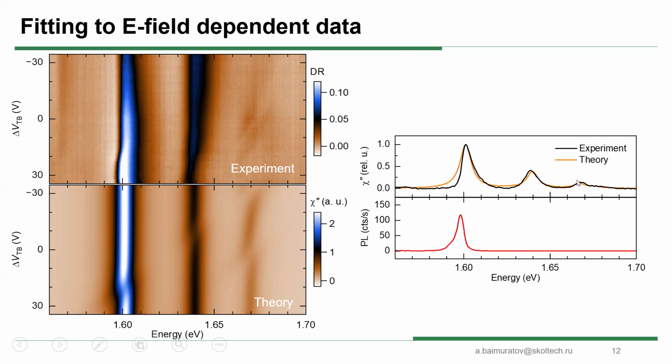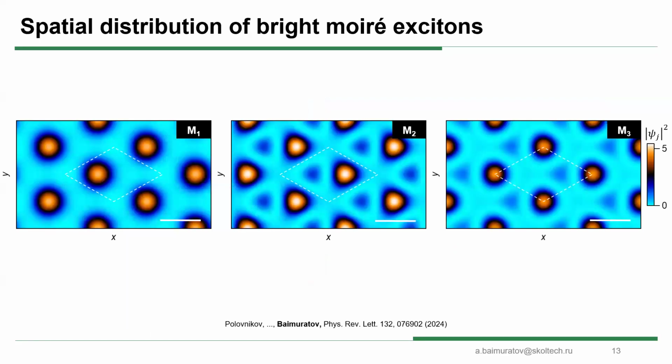What is important, what we found, is that all these 3 peaks localize in different high symmetry stackings. This is the Moiré unit cell, and here we will have localization of M1, here localization of M2, and M3 would be in the...